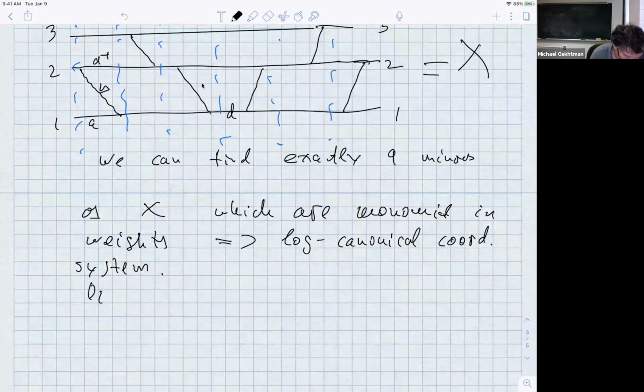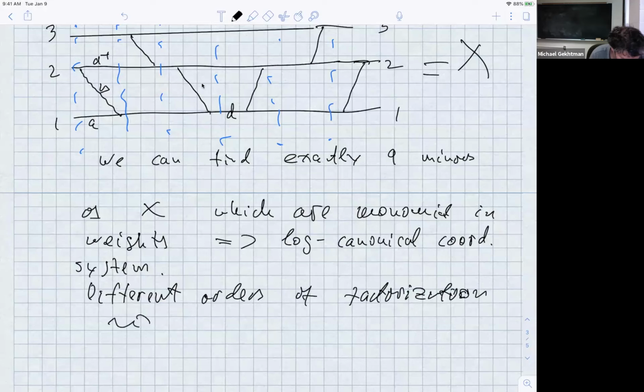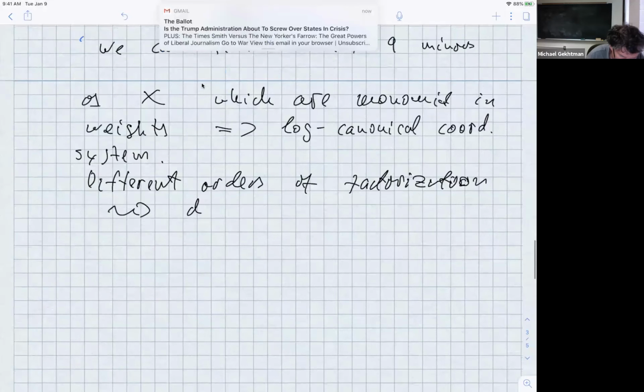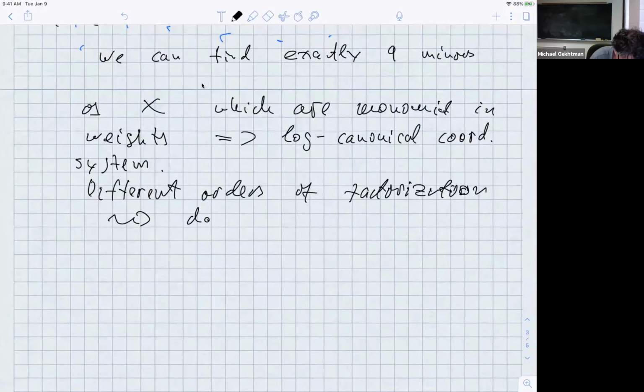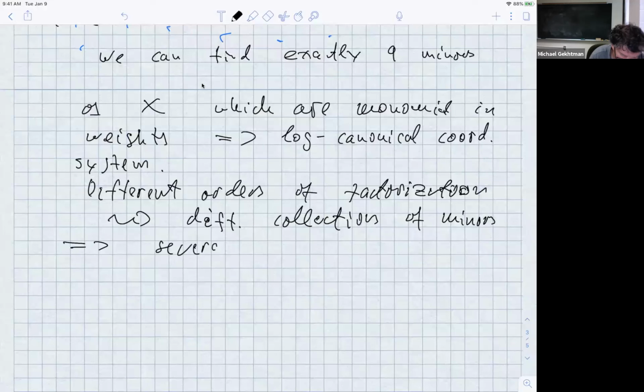Different orders of factorization will lead to different collections of monomials, of minors, therefore we'll have several log canonical charts. And all of them all connected by